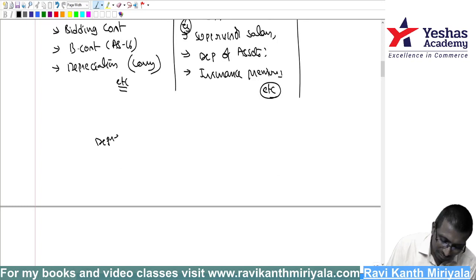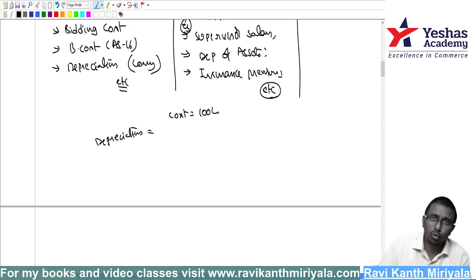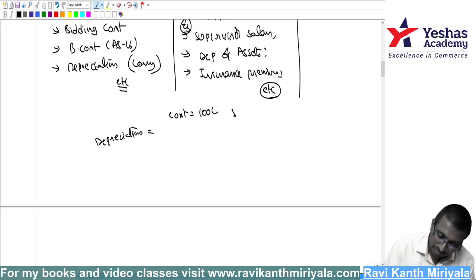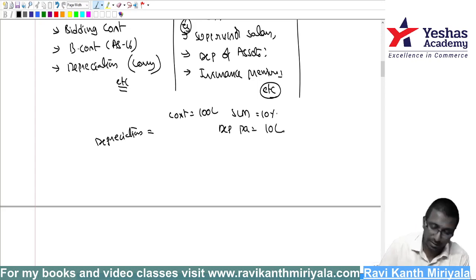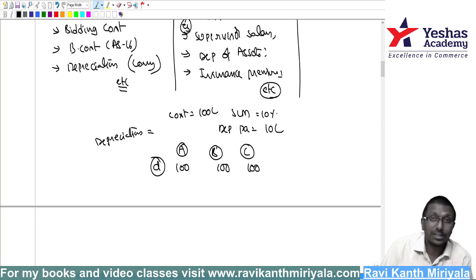Now I want to tell one more small point, to give some clarity on depreciation. Suppose there is a machine costing, let us say, 100 lakh rupees, one lorry, 1 crore rupees, assume. I am following the SLM method at the rate of 10%. Depreciation for the first year is 10 lakh rupees. There are projects A, B and C. The lorry was used for 100 days for project A, 100 days for project B, 100 days for project C, and 65 days it was idle, meaning I kept it aside.